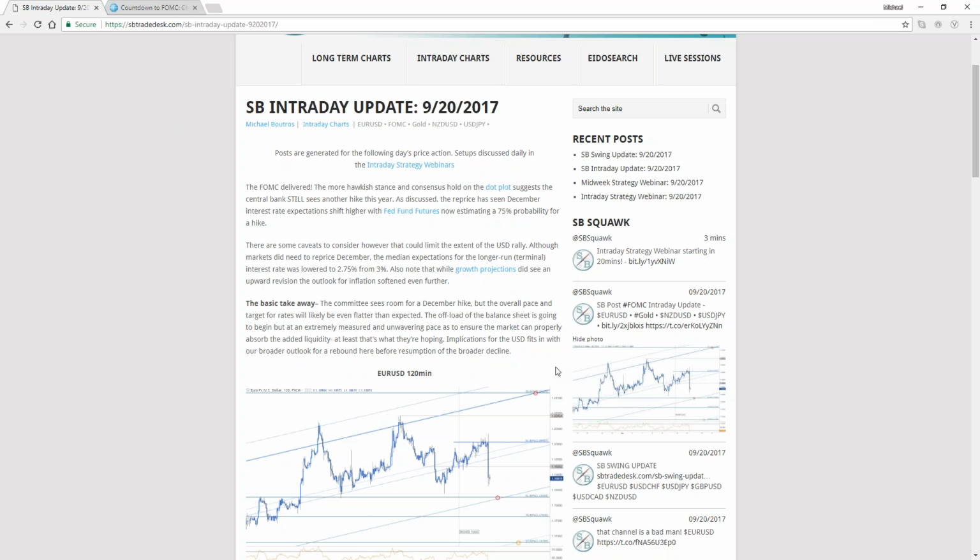As far as markets are concerned, yeah, the fact that we have confirmation of the balance sheet offload, the fact that we have the exact date and timing. But again, you heard her specifically note that they were watching very closely whether the markets are going to be able to absorb the added liquidity they're going to be putting in as they offload. So I wouldn't want to say it was a surprise necessarily, Pooja, but a sort of validation of what the market was thinking. So we'll see how this reacts in broader risk markets.